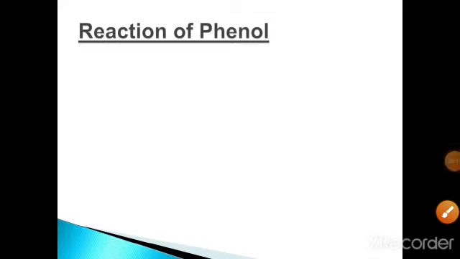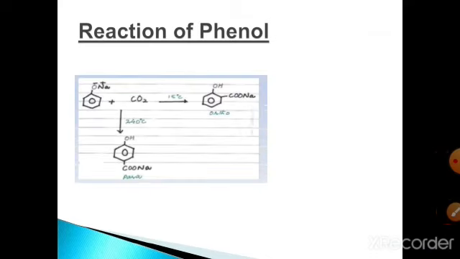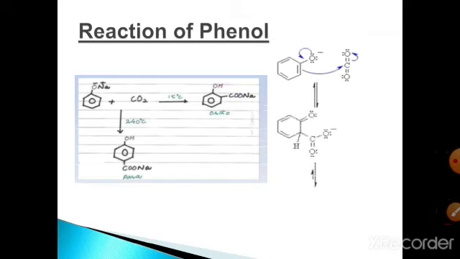The mechanism of the reaction is similar to the mechanism of other electrophilic substitution reactions. Carbon dioxide acts as an electrophile in this reaction. The pi bond of the phenoxide ion will attack the carbon of the carbon dioxide, which is an electrophilic center. As soon as it makes the bond with carbon dioxide, the electrons from oxygen will move between the carbon and oxygen, and we get an intermediate that looks like this.